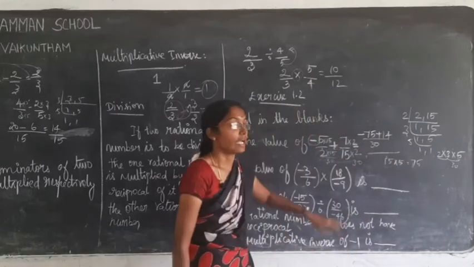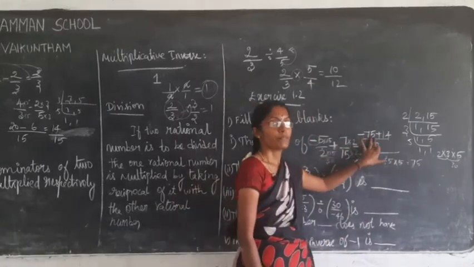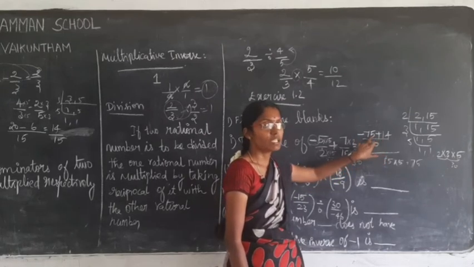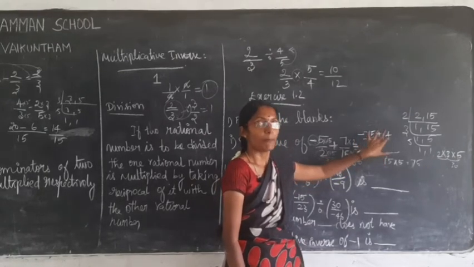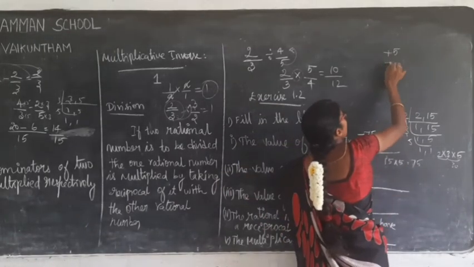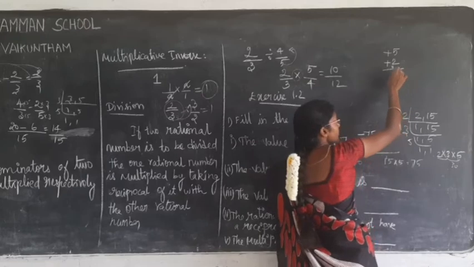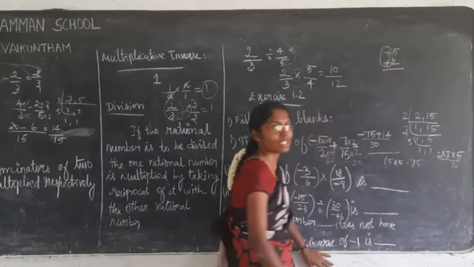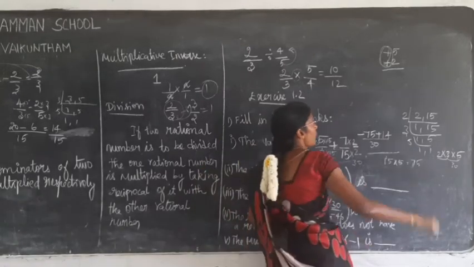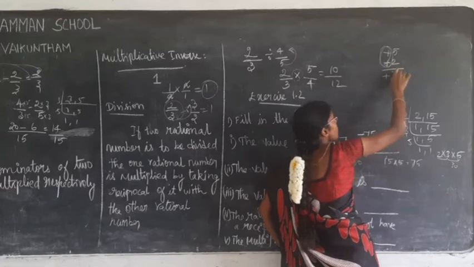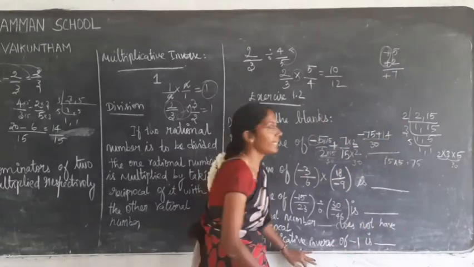So see here, what do we have to do here? The symbols are different. If the symbols are different, we have to do subtraction. See here, plus 5 plus 2. What do we have to do? First of all, you have to look at the symbol. If the symbol is the same, you can put the same symbol here and you can add 5 plus 2, 7. Right?